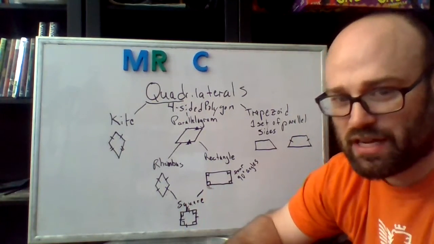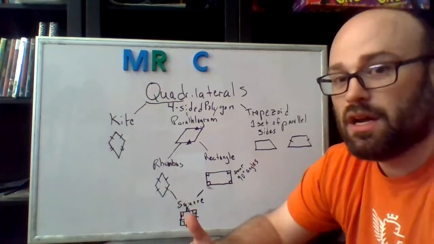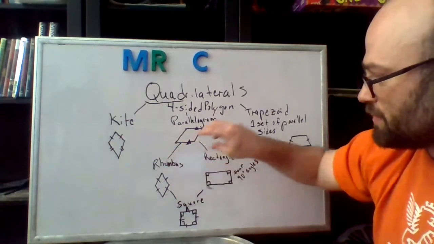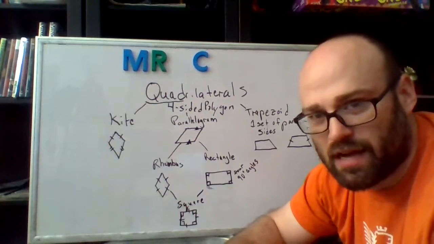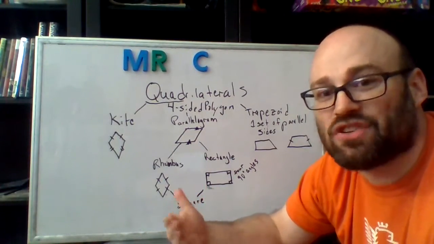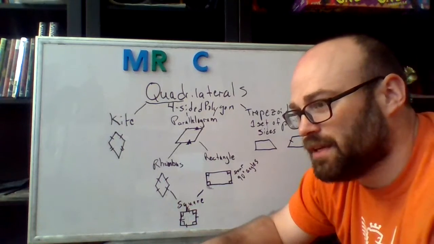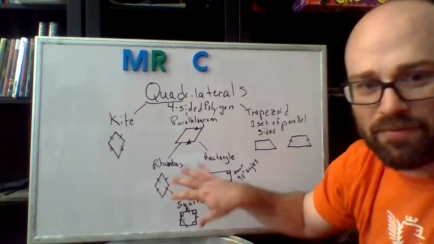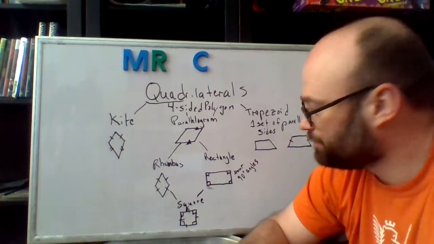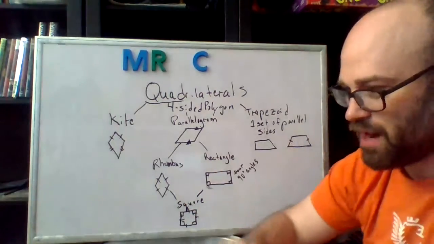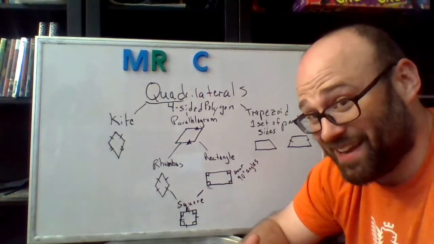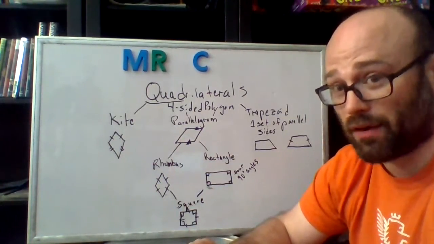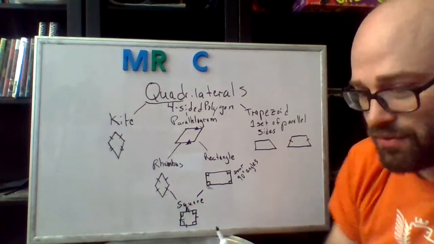If I asked you to classify a square and it was a select all question, you would have to pick square, rhombus, rectangle, parallelogram, quadrilateral. You have to select everything that is true about it. It's kind of like a family tree, everything about this and above. So if you see a square, just call it a square. But you should know that a square is a rectangle, a rhombus, a parallelogram, and a quadrilateral. It has four sides. So that's your notes on quadrilaterals.